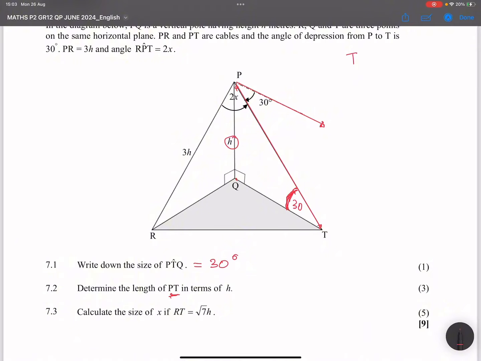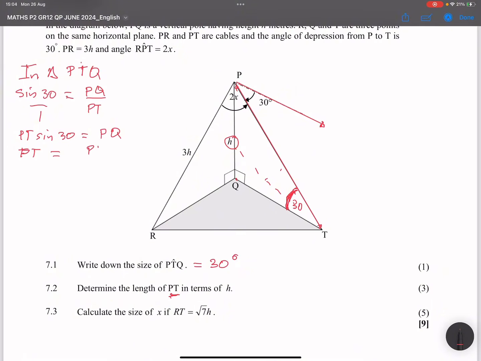So in triangle PTQ, I know that the sine, opposite over hypotenuse, so the sine of 30 degrees is equal to the opposite, which is PQ, over the hypotenuse, which is PT. Now, I want to determine PT, so if I cross multiply, PT times the sine of 30 is equal to PQ. So PT would be equal to PQ, which is H,